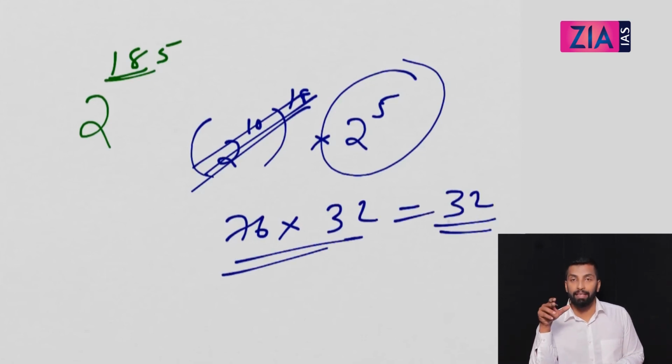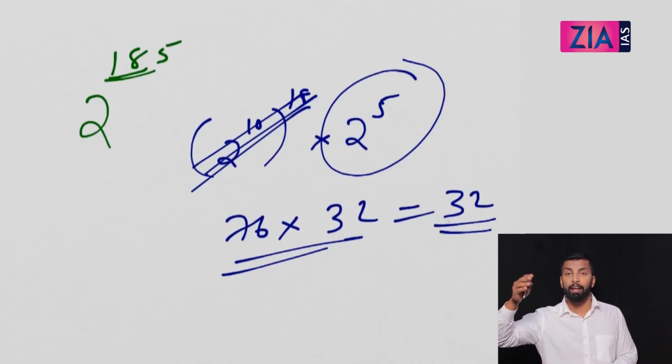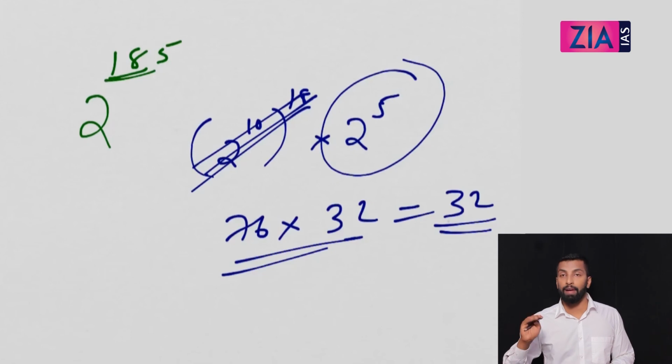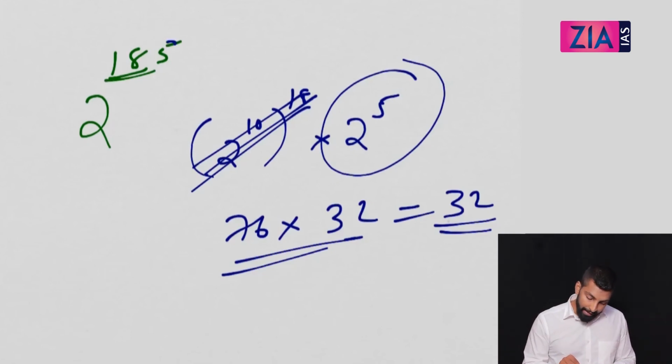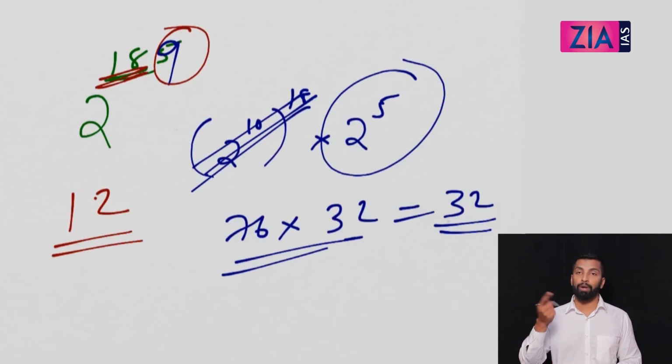See, I am not generalizing. You will not get the same value when you multiply 76 with any other number. But whatever is possible here, it's like 2 raised to 1, 2 raised to 2, 2 raised to 3, 2 raised to 4, 2 raised to 5, 2 raised to 6, 2 raised to 7, 2 raised to 8, 2 raised to 9. That is the possible values. When you multiply, you get the same last two digits. So, if it was 189, what is your answer? 12 is your answer. Why? Because anyway, this is 9. 2 raised to 9 is what we need. 2 raised to 9 is 512, so 12.